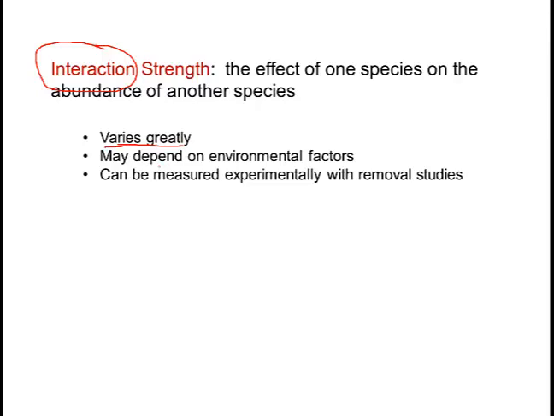For example, it may vary depending on external environmental factors like abiotic factors, all right, and we can measure the strength of an interaction with good old removal studies, which we've talked about again and again and again. Removing one species to see the effect on the other can tell us how strong that interaction was, and does it change with different environmental factors. And in fact, this